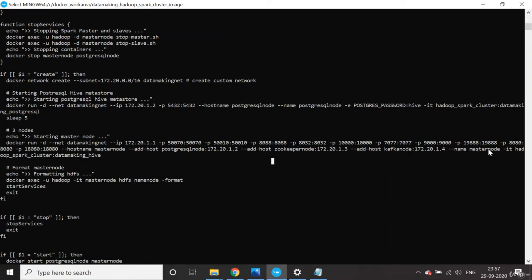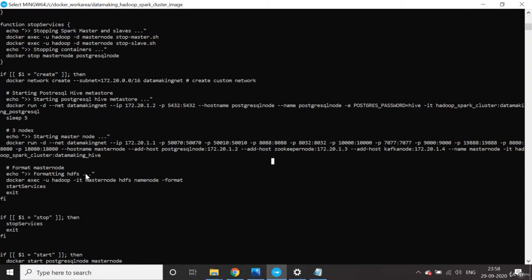We give the Docker name as master node, and provide which image you want to run. As I told you, the Hive Docker image contains Spark, Hadoop and Hive, so that is the image we are running. This will create a Docker container for your single node cluster.